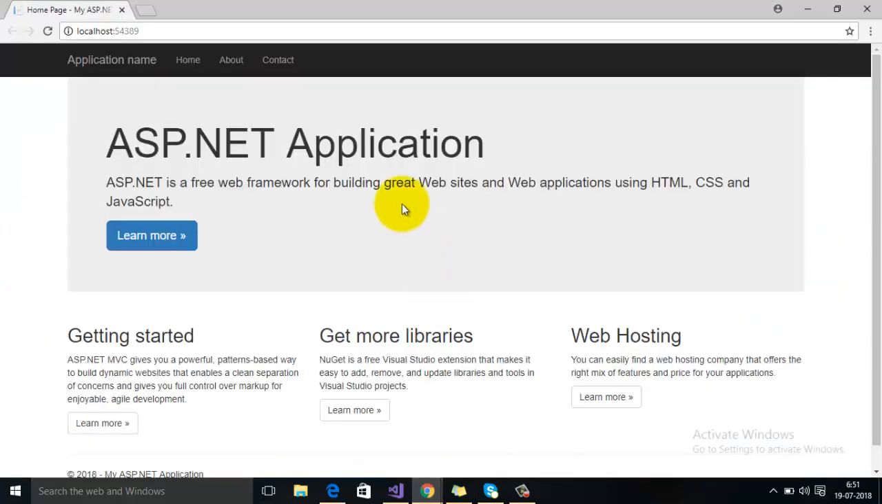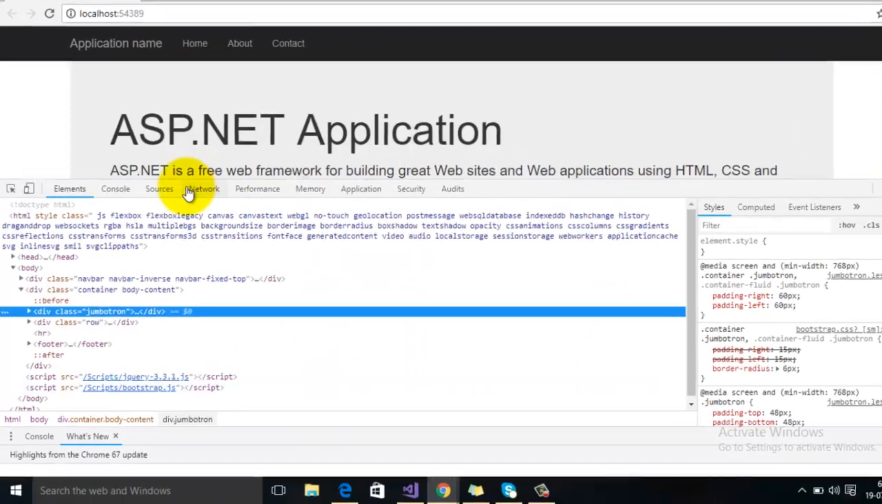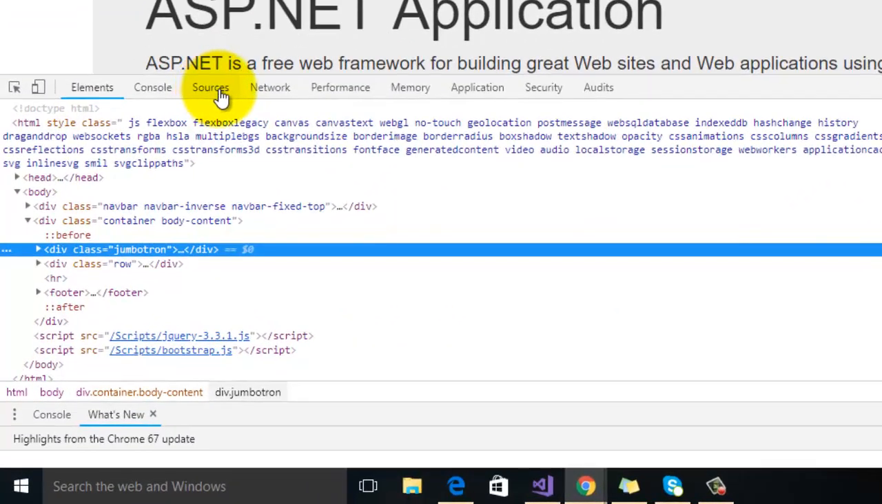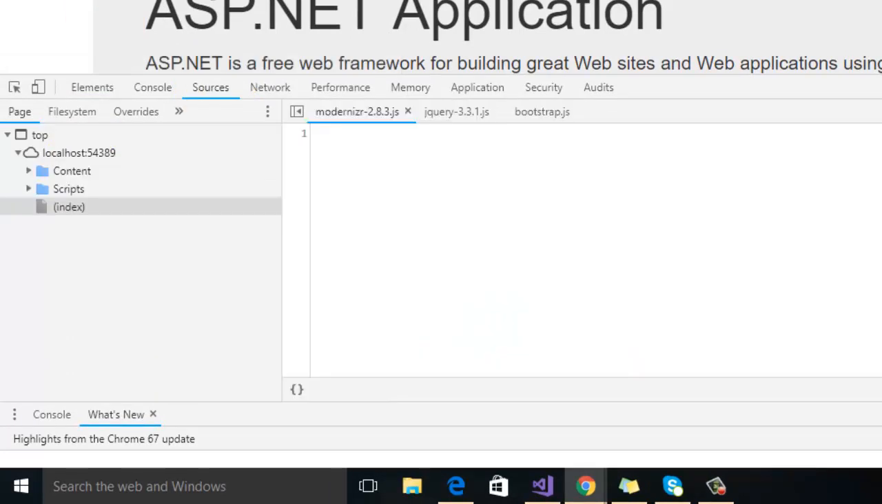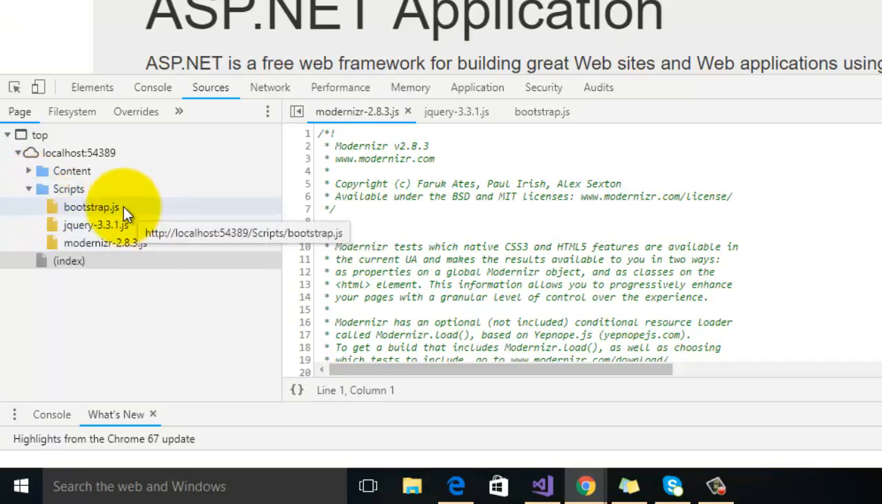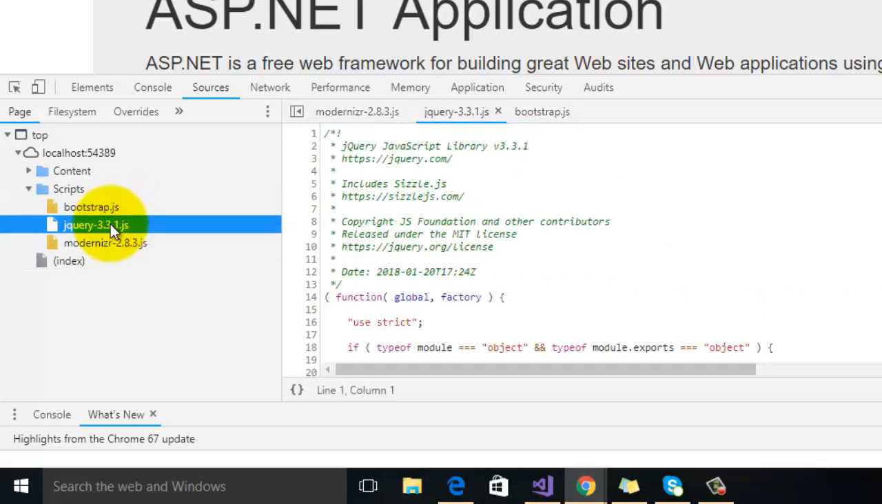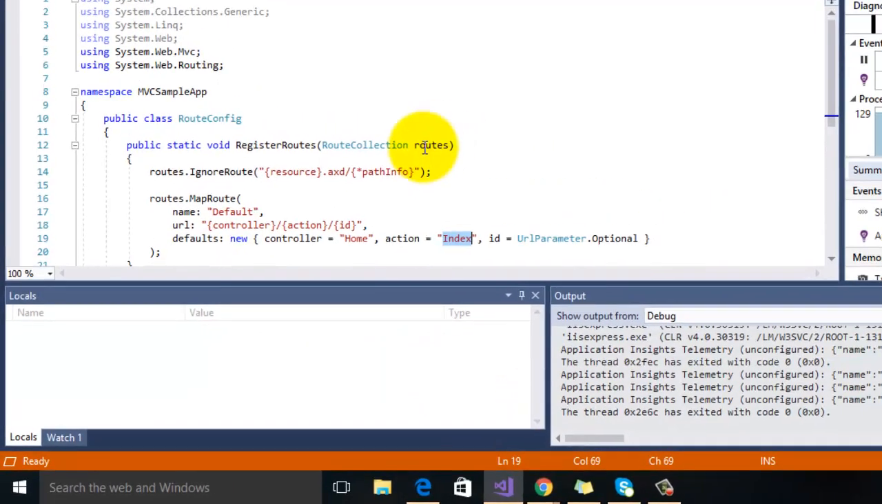Now again we refresh this page, then right click on it, click on Inspect, then go to Sources, then expand the scripts folder. Here you can see there are three JS files, that is bootstrap.js, jquery.js and modernizr.js. Now the reference of these JS files